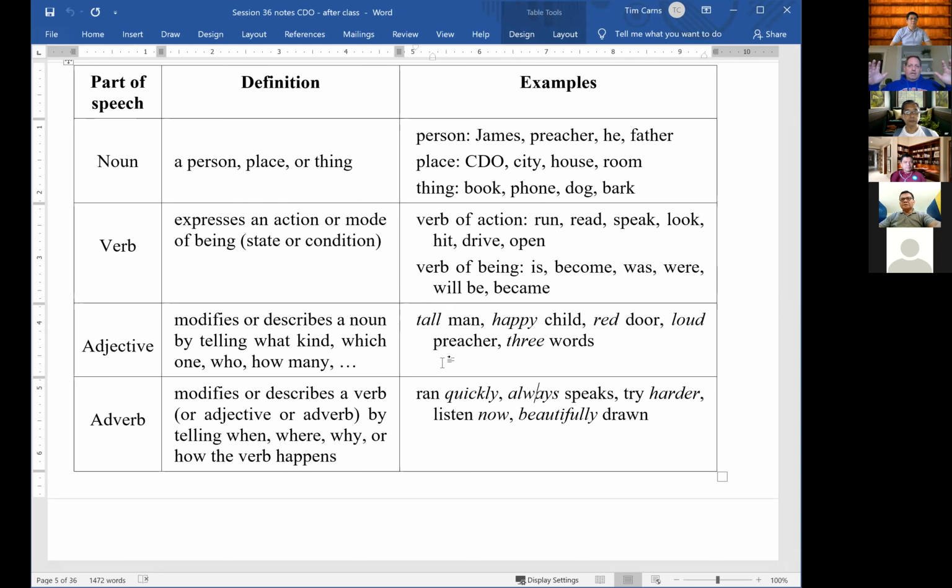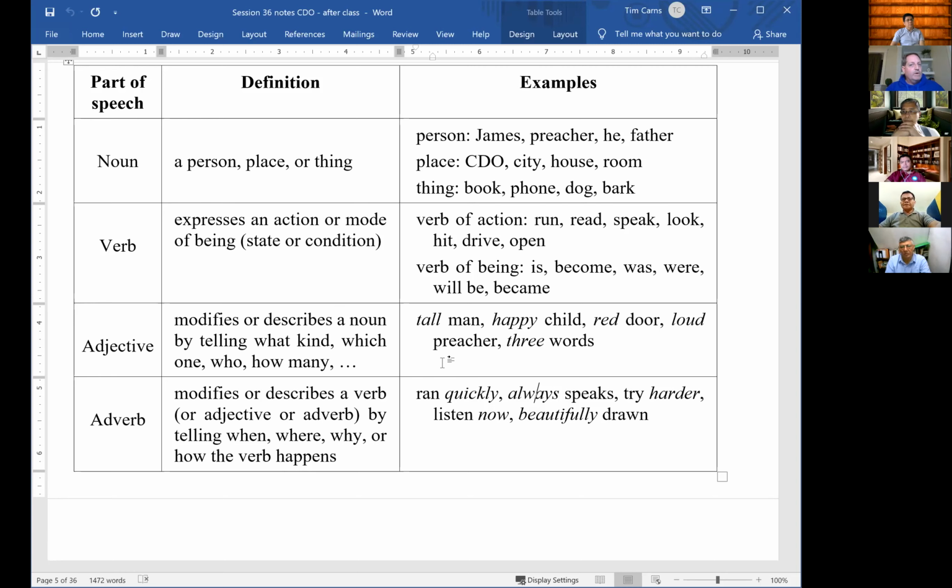And so if you can embed these concepts in your mind: the noun is person, place, or thing. The verb is either an action or a mode of being, expresses an action or mode of being. The adjective modifies the noun. The adverb modifies the verb, primarily. If you can have those really embedded in your mind, that's going to really help when we get to diagramming,